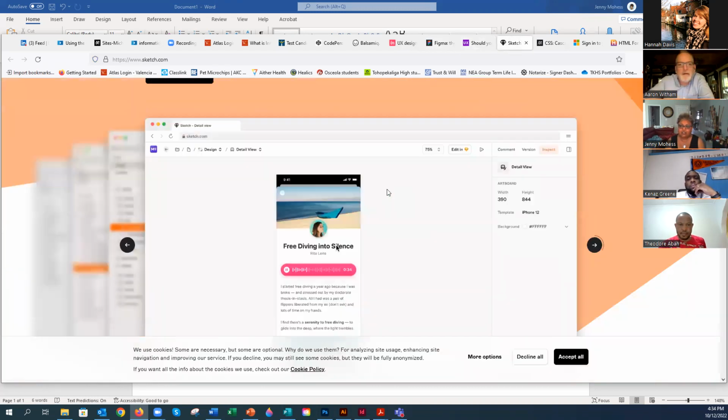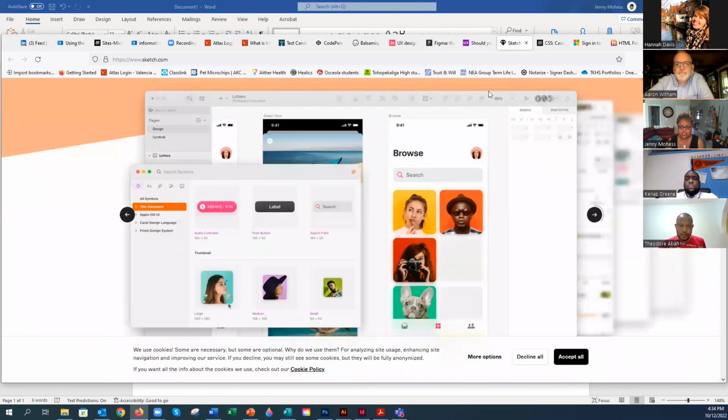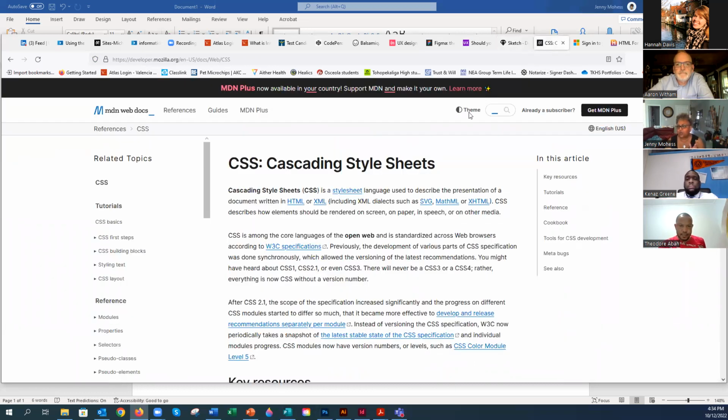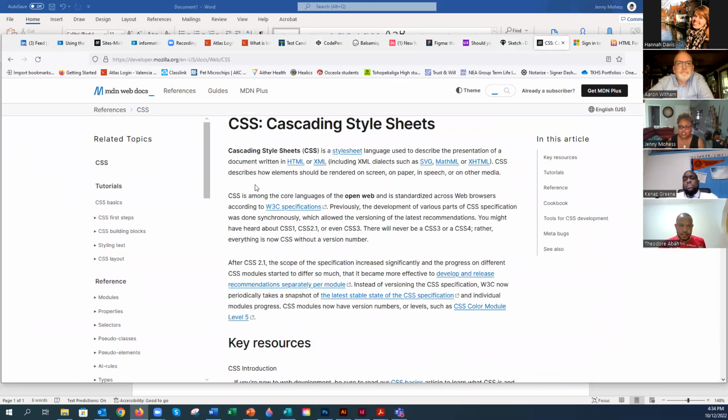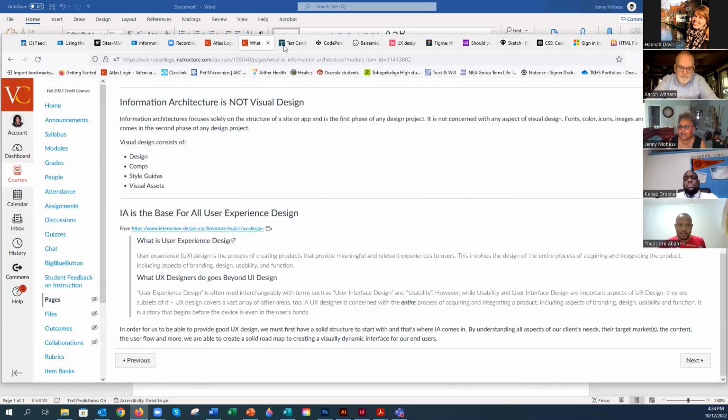You also have Sketch, where you can easily kind of sketch up a website and figure out things, which is really cool. It's sketch.com. And then you have cascading style sheets, which is CSS, and HTML, which most websites these days are developed using. So that kind of brings me into